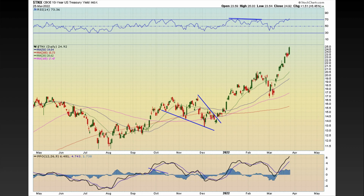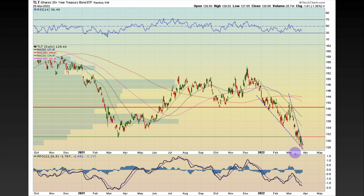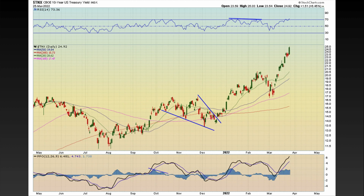Now, yields, can't ignore this. Big, huge move in yields, which is just destroying bonds. Look at the TLT, just getting smashed. I would imagine going into Q2, there's going to be some point where we get some sort of relief here. I still believe that. I still have a small position, and I still think we'll see some sort of relief here. Looking at this, if the yield presses higher, I'm just shocked that this move has occurred